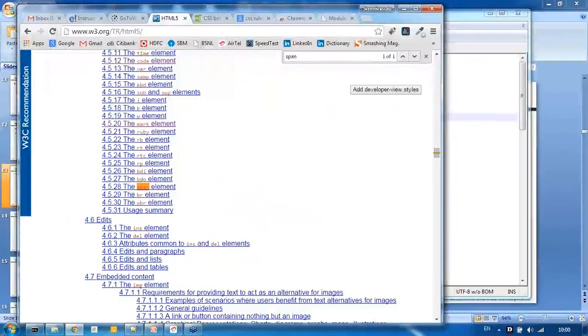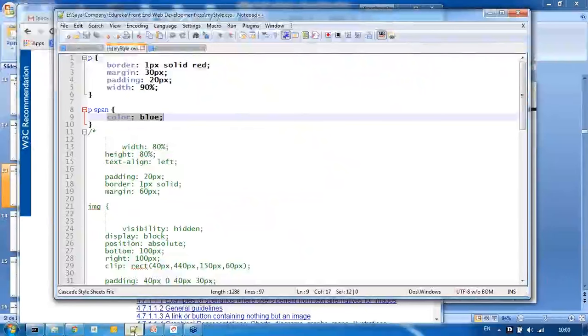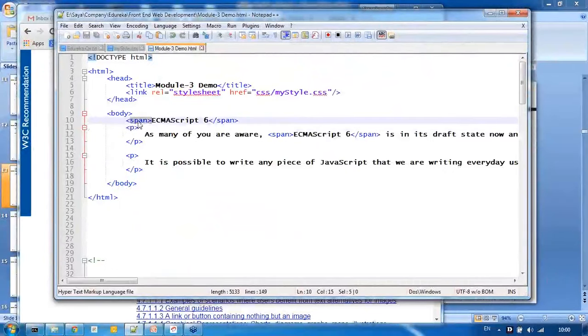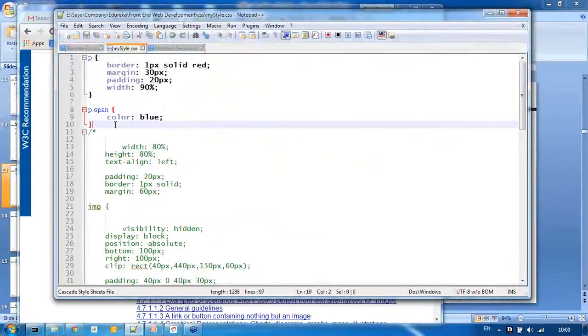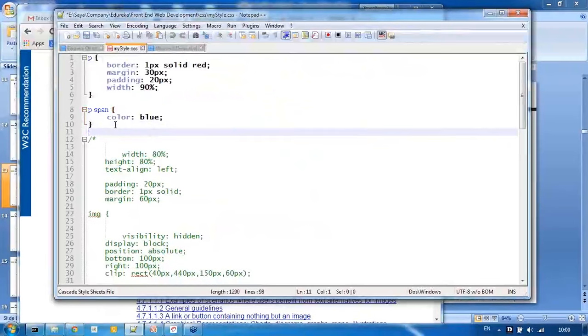And Elijah has a question. To pick only the first span tag, you would use the body span? Yes. Let's go back. That's a good question. Note that here, what is the parent of this span tag? So its parent is body. So if you want to give only that one, you say body